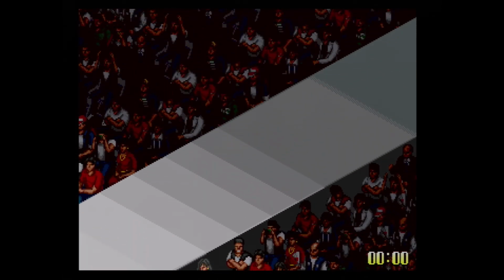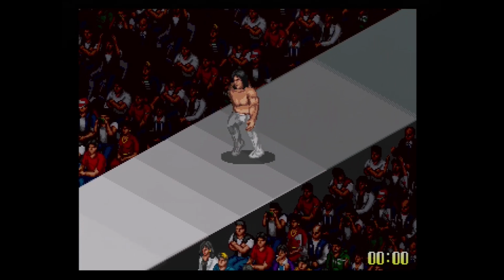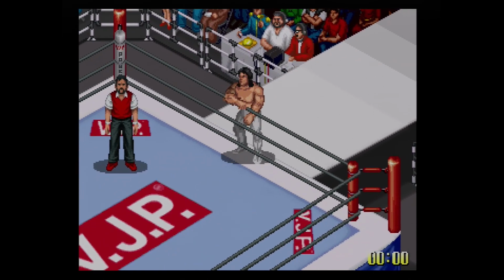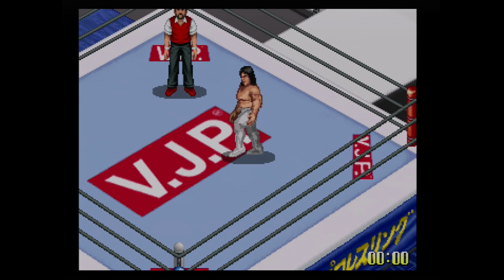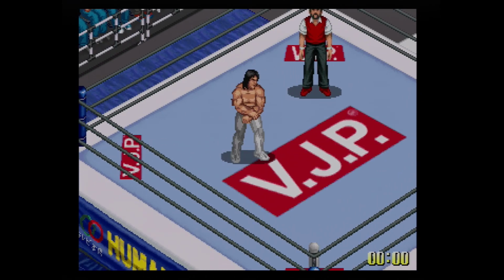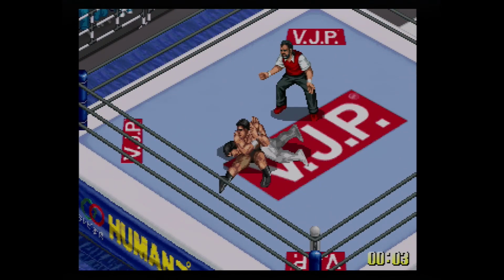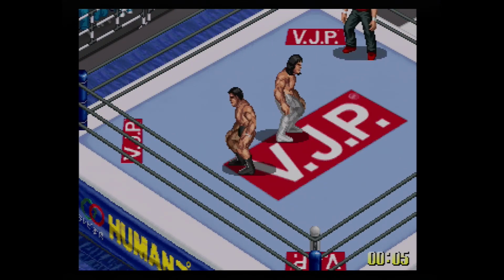Fire Pro Wrestling S6 Men's Scramble was released on the Saturn back in late 1996 and was developed by Human Entertainment. You know, the same guys behind the awesome Clock Tower games. Before we jump into the game itself, I'll warn you that this one takes quite a while to get the hang of. Each wrestler has what feels like 1,000 moves, so don't be discouraged if you can't figure out what's